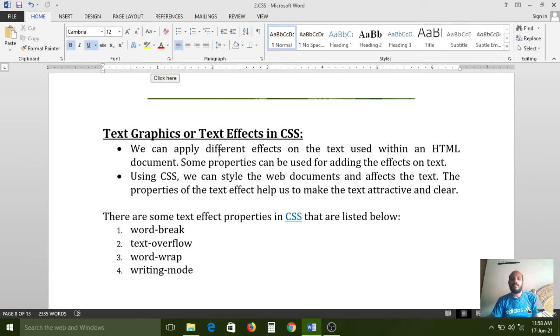Using CSS we can style web documents and add effects to the text. Without CSS we can't represent text with much effectiveness. A normal plain text can be represented on the web page without styles, but if you want to apply any styles, we compulsorily have to use CSS properties.